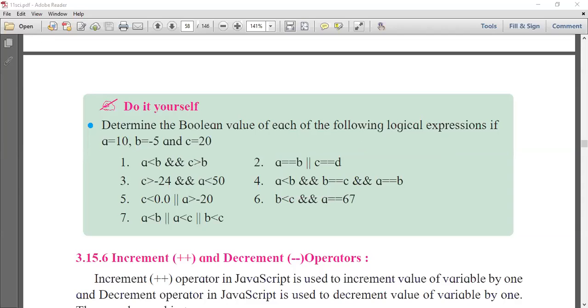For the fifth, Amol is saying true. Yes, Amol is saying true. Devesh is saying false.